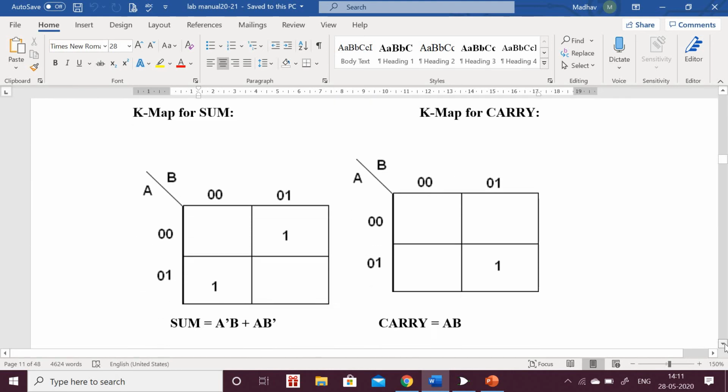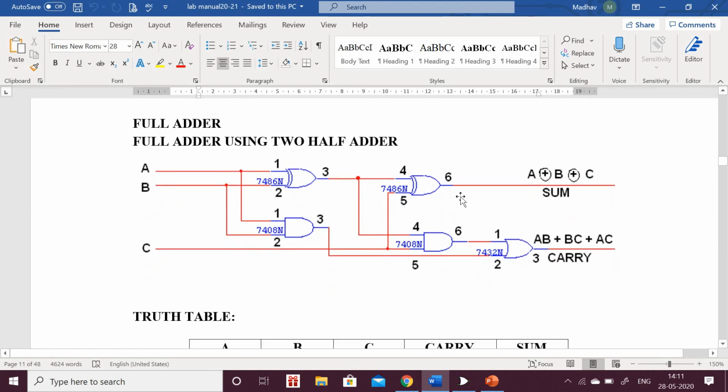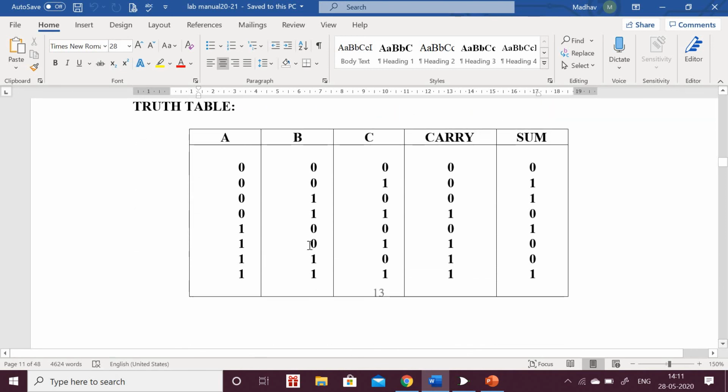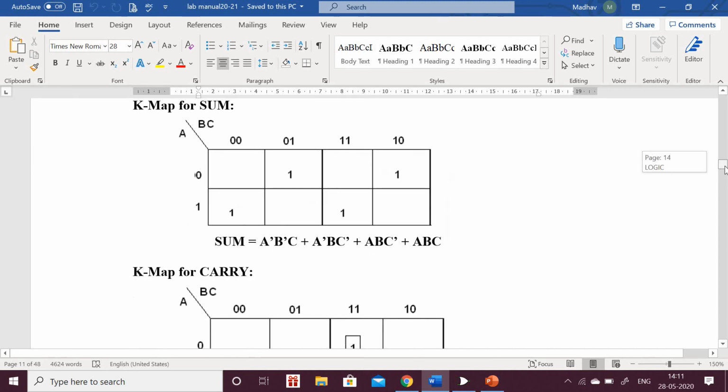And next we are going to design the full adder. This is the circuit for the full adder, and this circuit we are going to construct. In this circuit you can see two XOR gates and three AND gates are used to construct the full adder. Full adder will add 3 bits, and in the corresponding table there are 3 inputs, A, B, C. Outputs are sum and carry. If 3 inputs are there, we know that we will get 8 combinations. For those 8 combinations, the sum and carry will be like this.